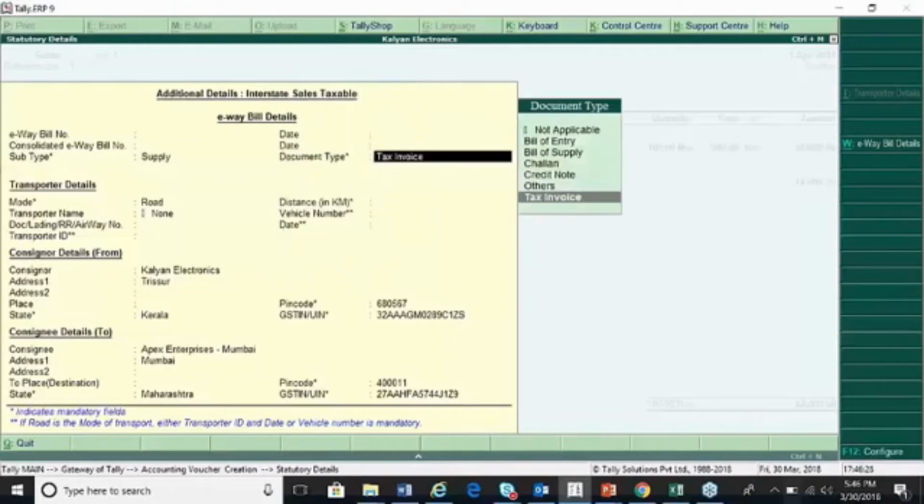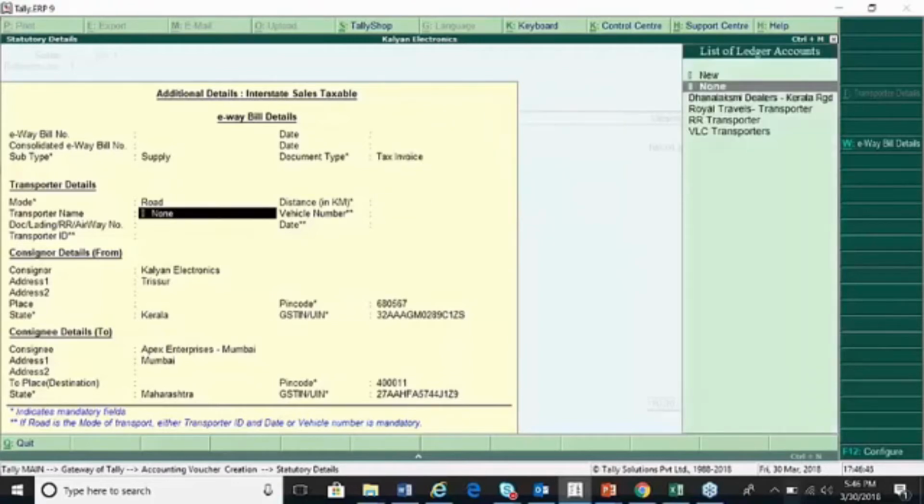So this is based on the date when it is generated on the portal. The transaction subtype, which we said, whether it is supply and so on, whether it is for job work, gets selected automatically based on your transaction. And the document type also, as this is a tax invoice, it has picked automatically as tax invoice. In case you do just a supply transfer of goods from one location to another location, and there is no tax implication, then it is a bill of supply. So accordingly, these two options get automated. Nothing to worry. You have to do the right transaction.